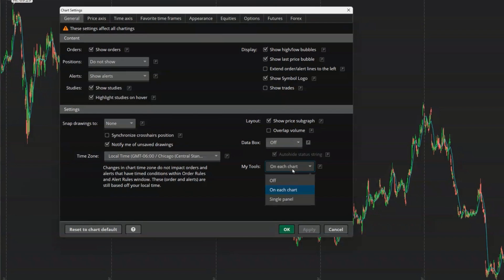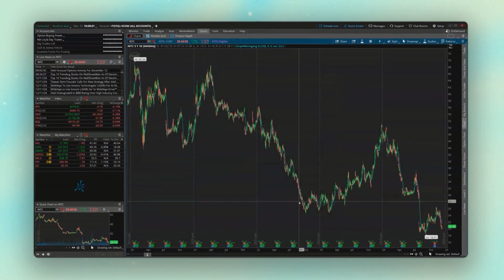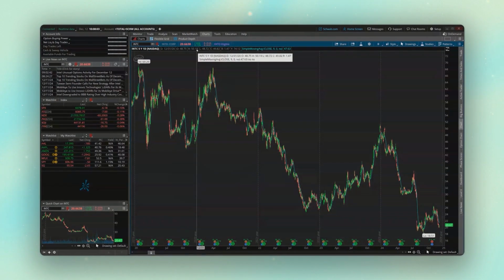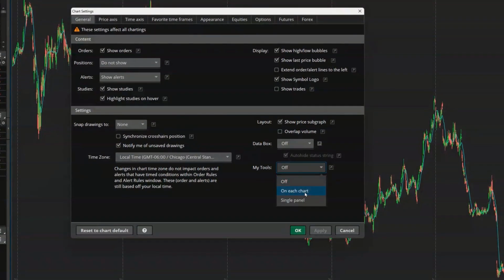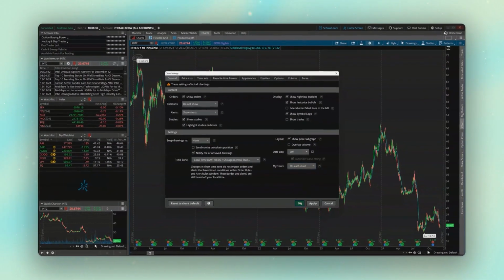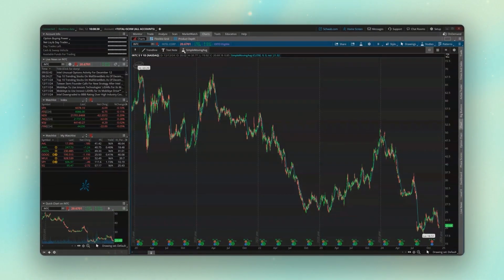So for example, if I were to turn this off for just a second, you can see that that toolbar disappears. And unless you've changed something, that is the default setting. So the very first time you log into ThinkorSwim, or unless you add it later on, you will not see the toolbar up here. So for us to add it once again, we'll come back up here to the gear icon. We'll come down here below to the My Tools. And again, we're going to turn that on each chart. Then when we come down here below and hit OK, we can again see it up here at the top,